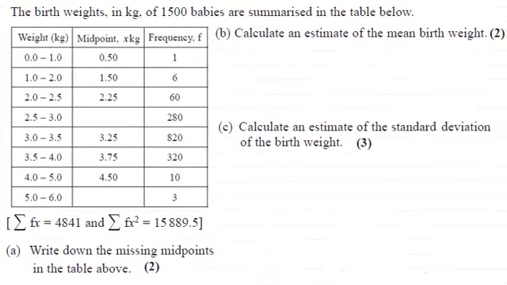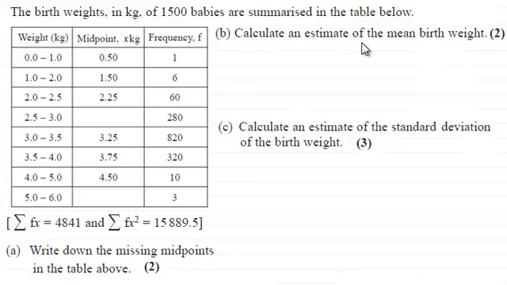Hi there. Now in this question we're given the birth weights in kilograms of 1,500 babies and they're summarised in this table here. We're also given these summary statistics, sigma fx equaling 4,841 and sigma fx squared equaling 15,889.5. And we've got to write down the missing midpoints in the table above for 2 marks